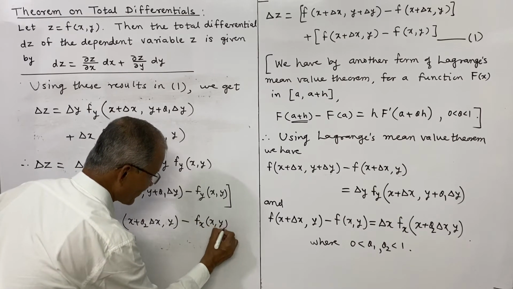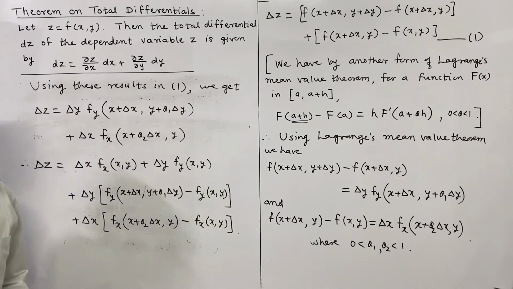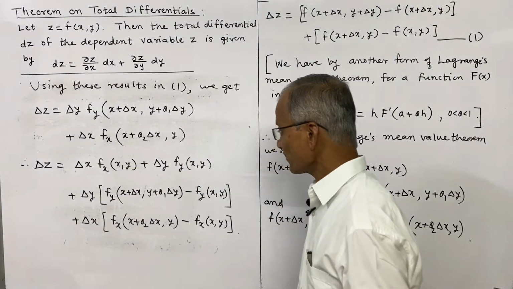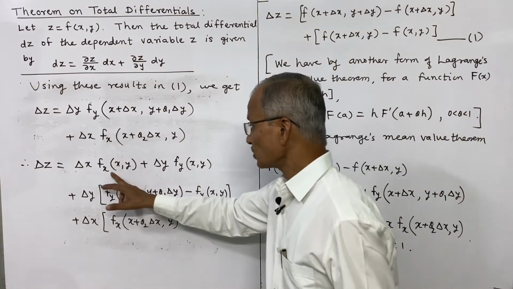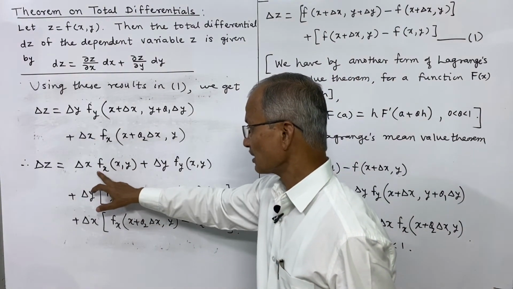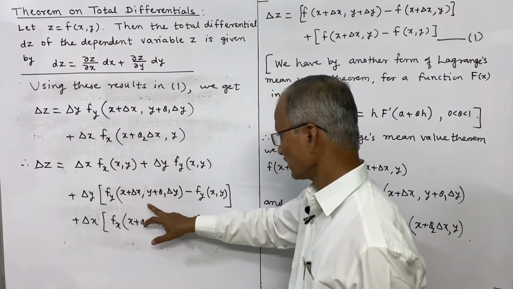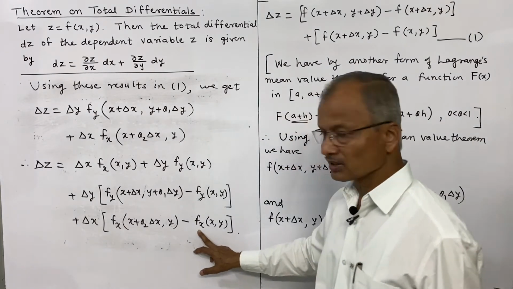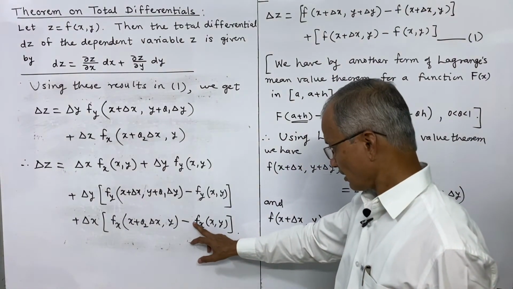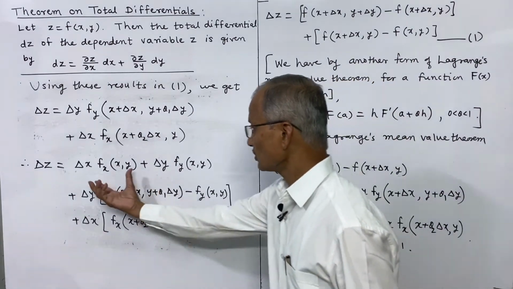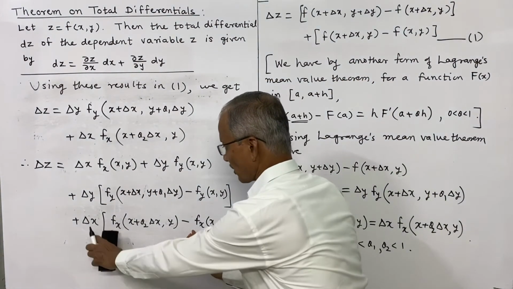Now please note this step, because we have done an adjustment here, and that is simple to understand. These are the additional terms I have written, and this term delta x partial derivative of f with respect to x cancels with this term negative delta x partial derivative of f with respect to x at the same point. So this first term cancels with this term, and the product is delta x.